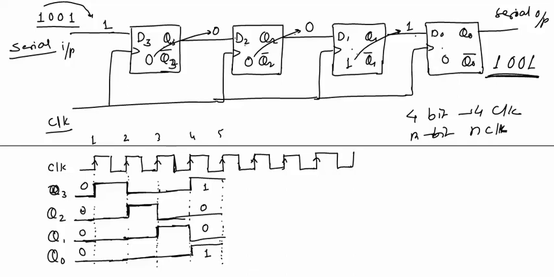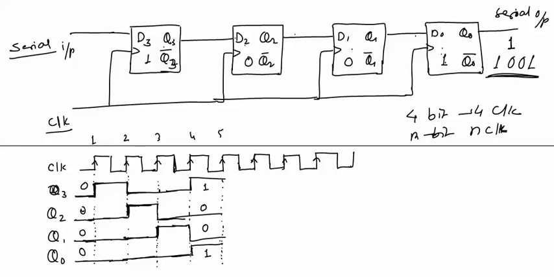Remember one thing, when all the bits are stored in these flip-flops, all the input serial data, that is 1 0 0 1, is stored in these flip-flops. Now this logic 1 is readily available at the output,